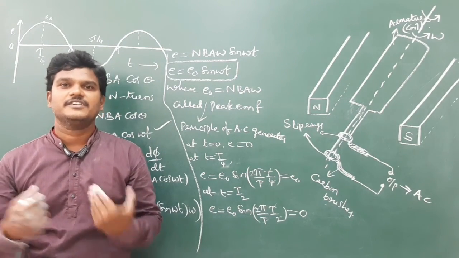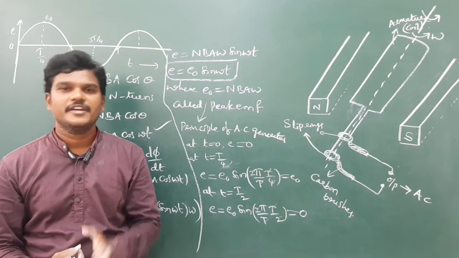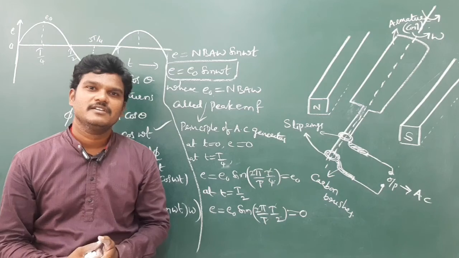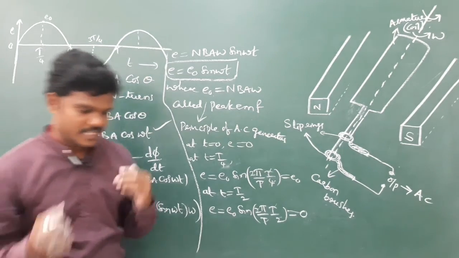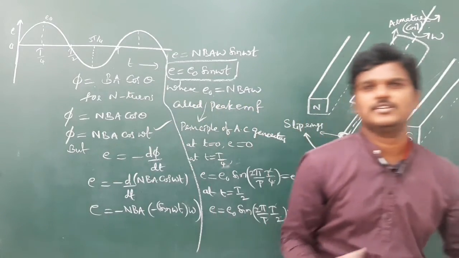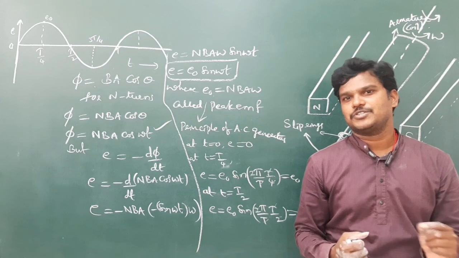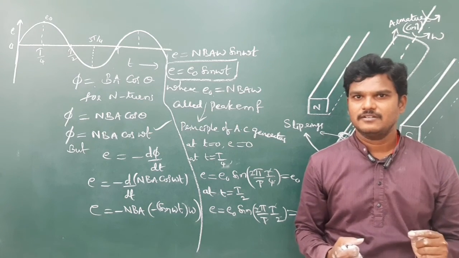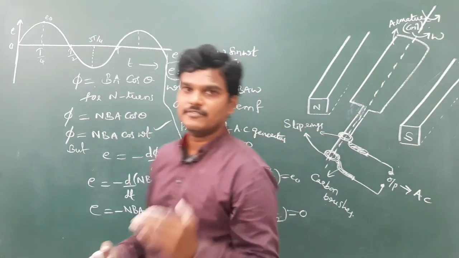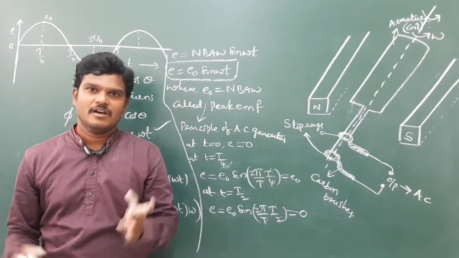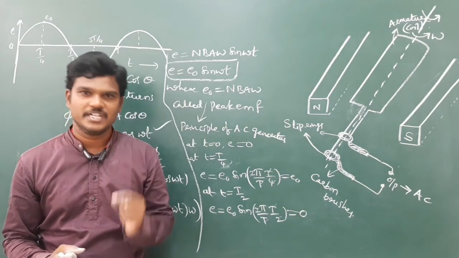After Faraday's law, we entered into Lenz's law. According to Lenz's law, the induced current always opposes the change in magnetic flux. I gave plenty of examples related to Lenz's law, and I think you are comfortable identifying the direction of the induced current. We can identify the direction of induced current and polarity of induced EMF by Lenz's law, and we know Lenz's law is based on the law of conservation of energy.